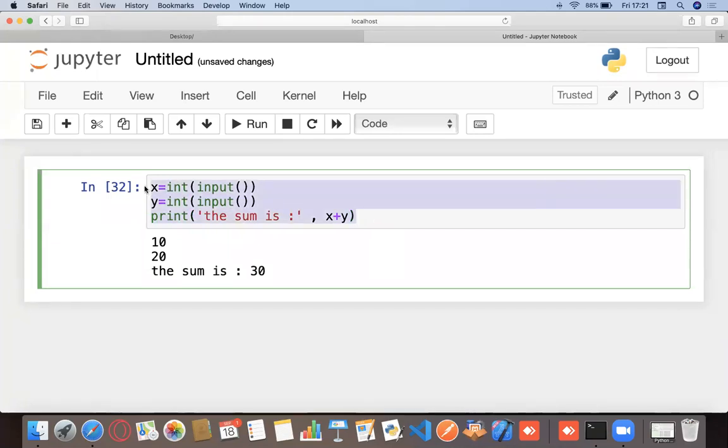And what I just told you guys is that by default, the data type of anything that we input in Python is string. So whenever you input something in Python, it's going to be a string. In case you want any other data type, like a number, then you explicitly need to tell Python that you're expecting a number, that your code expects a number for it to work. And that's how you do it. You tell it that it's going to be an int, and you pass the input function in between. So we explicitly converted the data type.